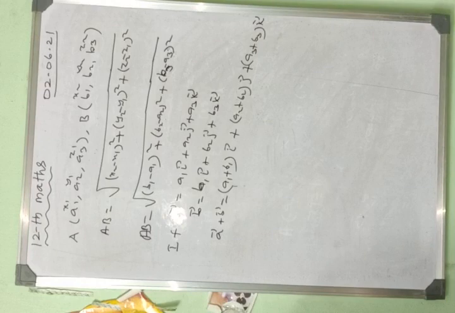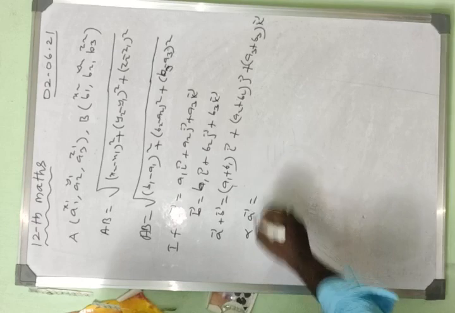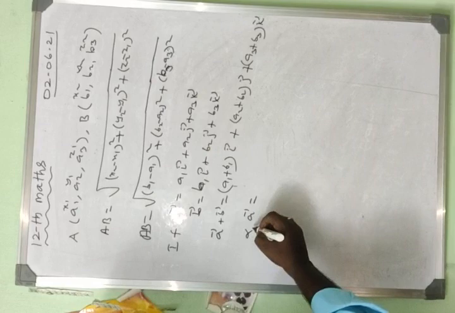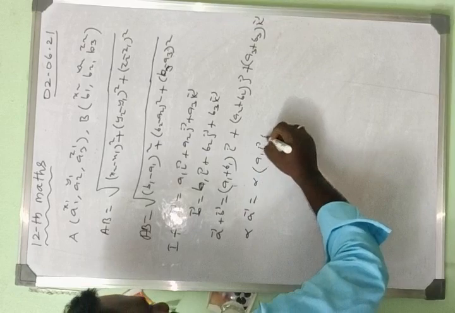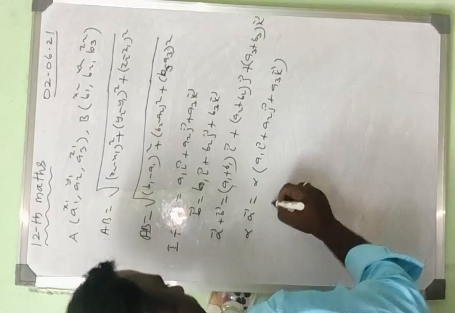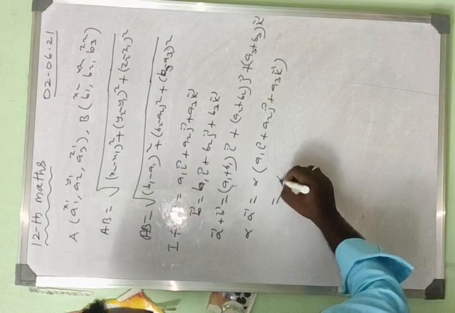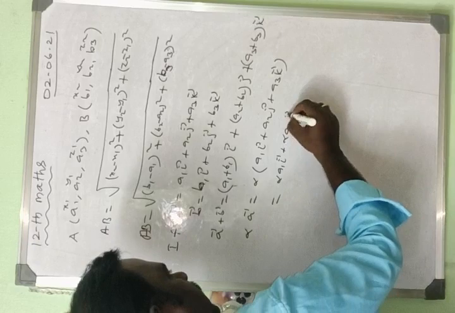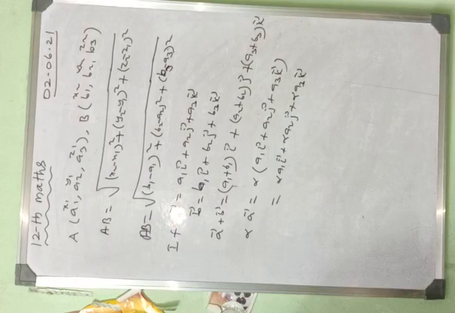Okay. Next, scalar multiplication. Suppose we take a scalar alpha into vector A. How to multiply? Alpha is a scalar and A is a vector; this is scalar multiplication. So we put alpha into A, which is A1 vector I plus A2 vector J plus A3 vector K. Then alpha multiplies every term: alpha A1 vector I plus alpha A2 vector J plus alpha A3 vector K, like this. This is scalar multiplication.